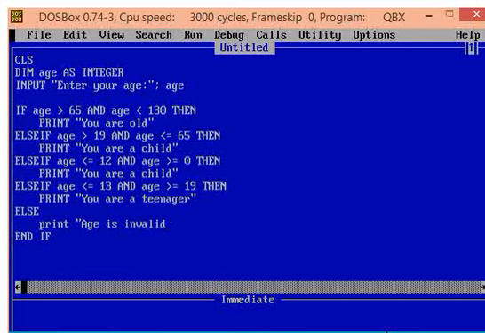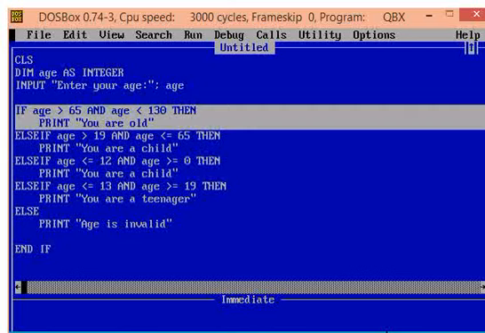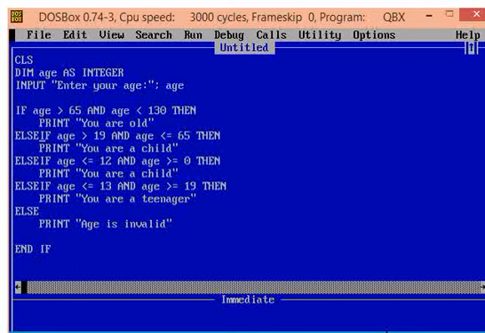Now you can see the completeness of this program. You can put any age and it will definitely go into one of the blocks and execute to give a proper statement. You can rearrange the statements and that will not have any effect on the output. For example, if you put this first and this second, it will not have any effect on the program.